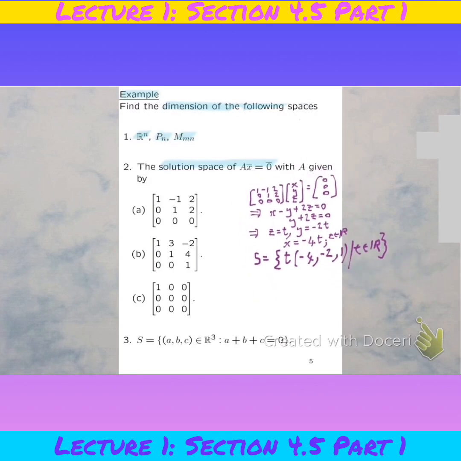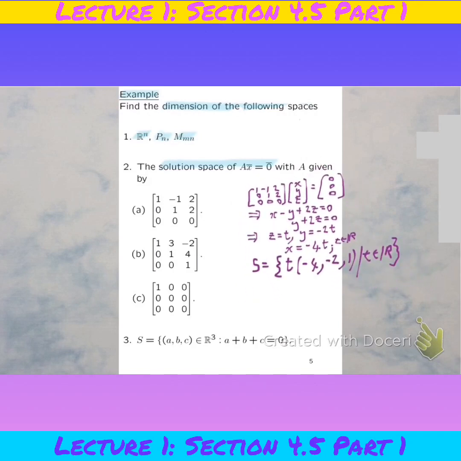Okay, and to do that, look at what the solution space looks like. We need to find a basis for the solution space S, and it's easy to do that because we can just pick the vector -4, -2, and 1. Now, why is this a basis? Because the vector in B, the vector -4, -2, 1, is linearly independent. You can solve the equation